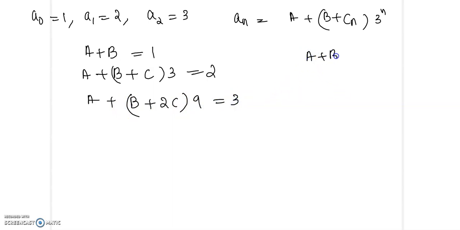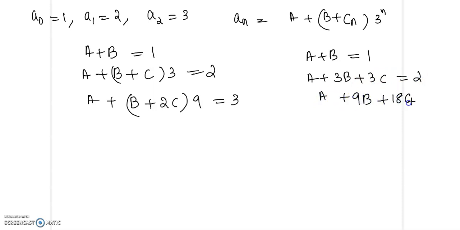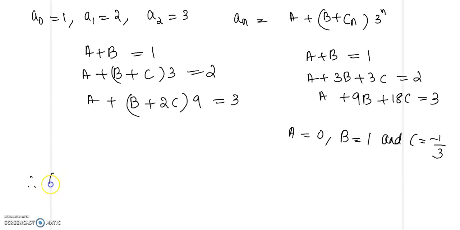So we will get the equations a plus b equal to 1, a plus 3b plus 3c equal to 2, and a plus 9b plus 18c equal to 3. So we need to solve for this equation. On solving, we will get a equal to 0, b equal to 1, and c equal to minus 1 by 3. So therefore, the general solution is, substitute for a, b and c. So the required solution is a_n, so we will get (1 minus n by 3) power